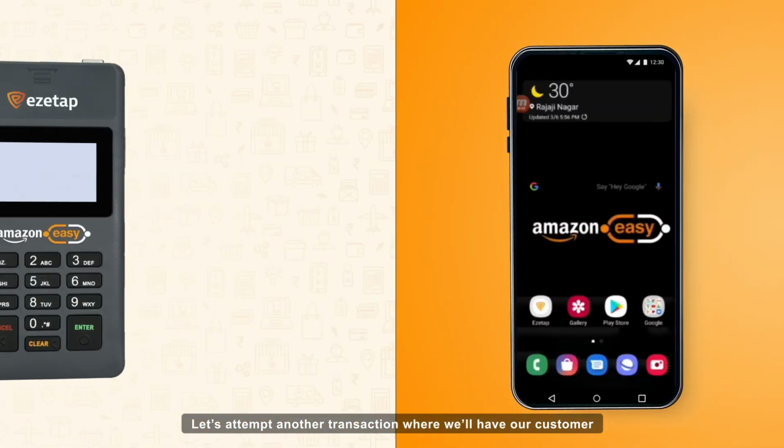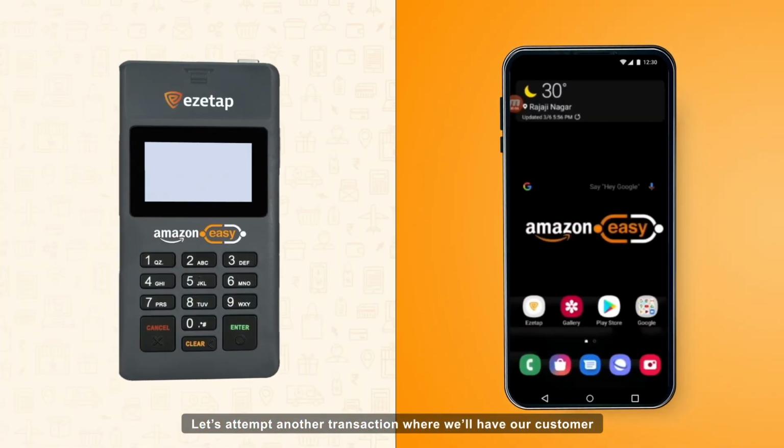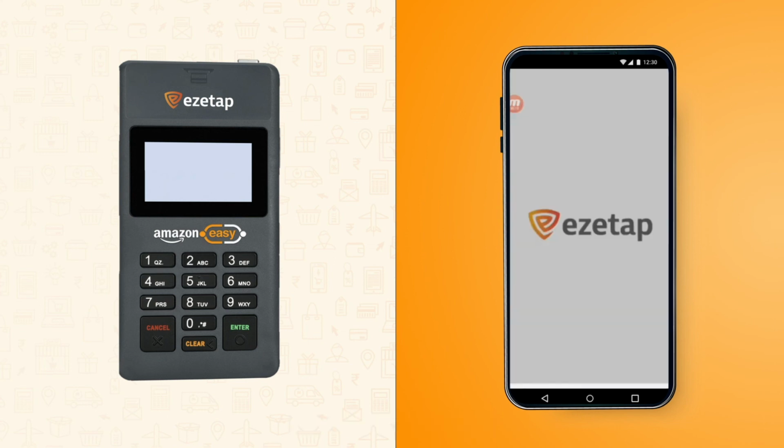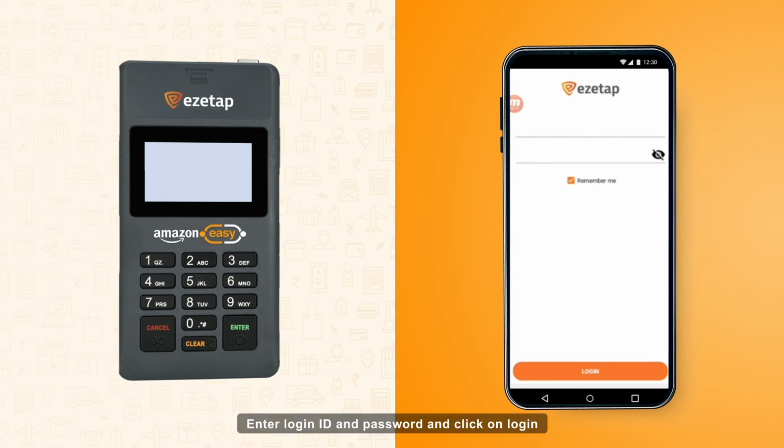Let's attempt another transaction where we will have our customer entering an incorrect PIN and see the error response. So click on EasyTap application. Enter login ID and password. Click on login.